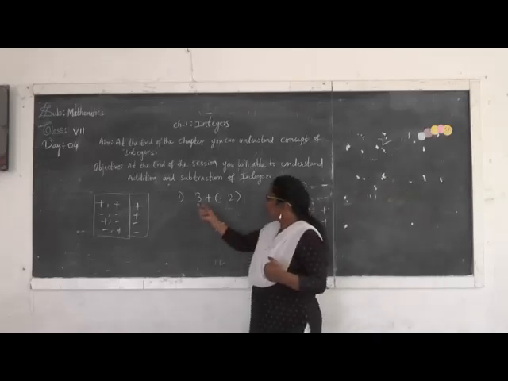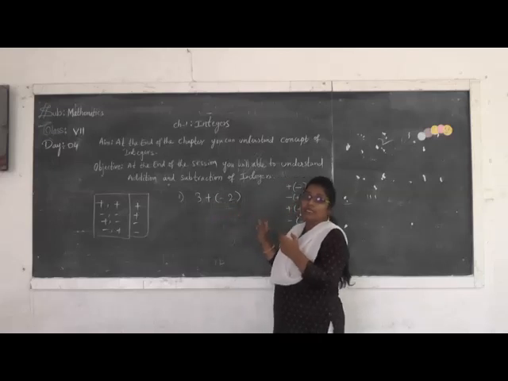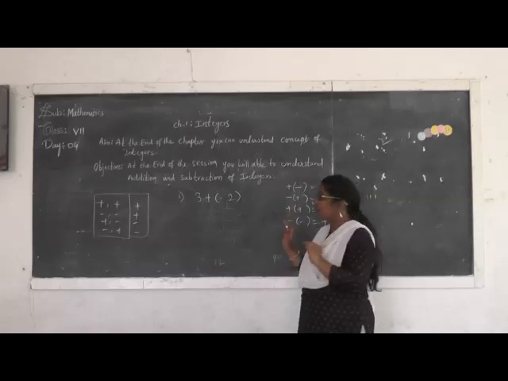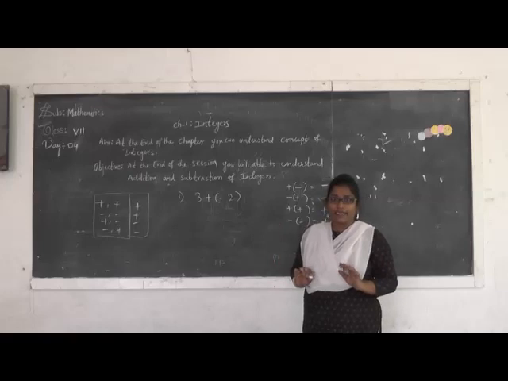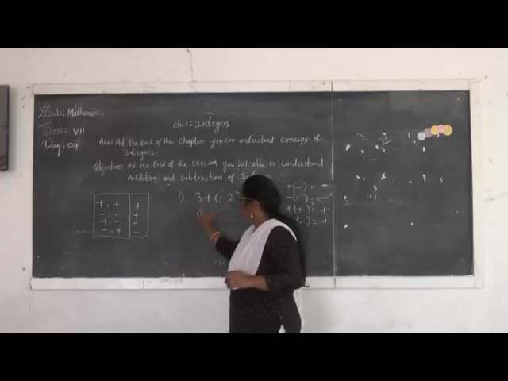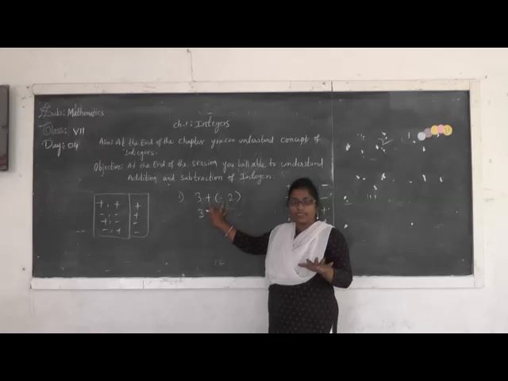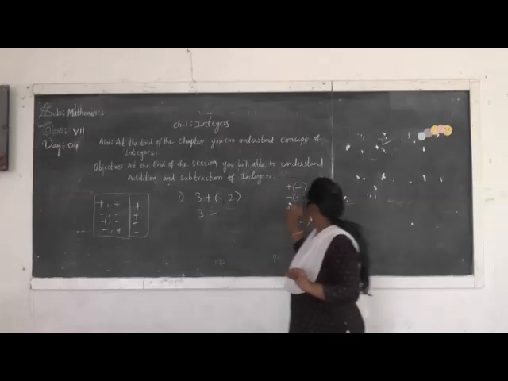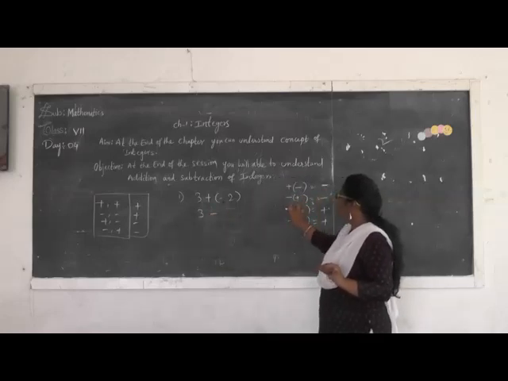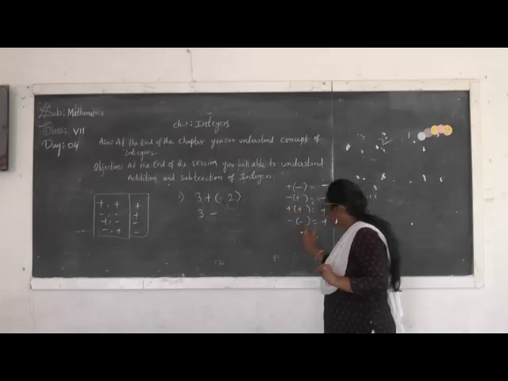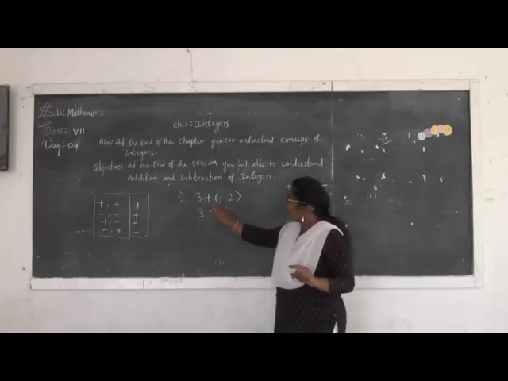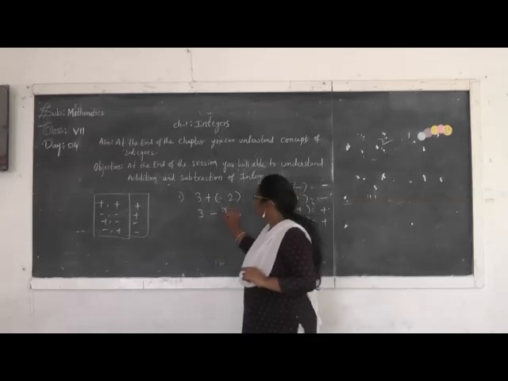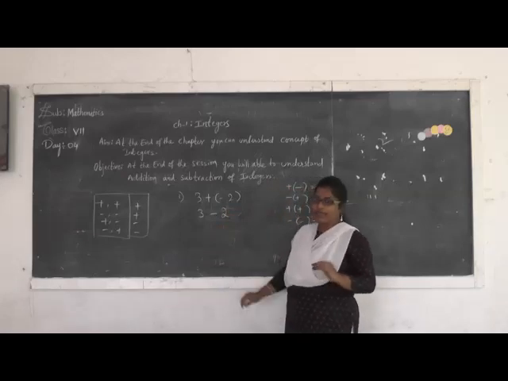Now let's say here 3 plus of minus 2. Here we are observing two symbols, that is one plus and one minus. So now we have to solve this expression. We have to remove the brackets. How to remove the brackets? First step, 3. Both are different symbols, yes. If both are different symbols, what do we have to keep? Minus. If both are same, then we have to keep it as plus. So here both are different symbols, so we have to keep minus by removing the brackets. Now 3 minus 2. Understand? 3 minus 2 is the first step.